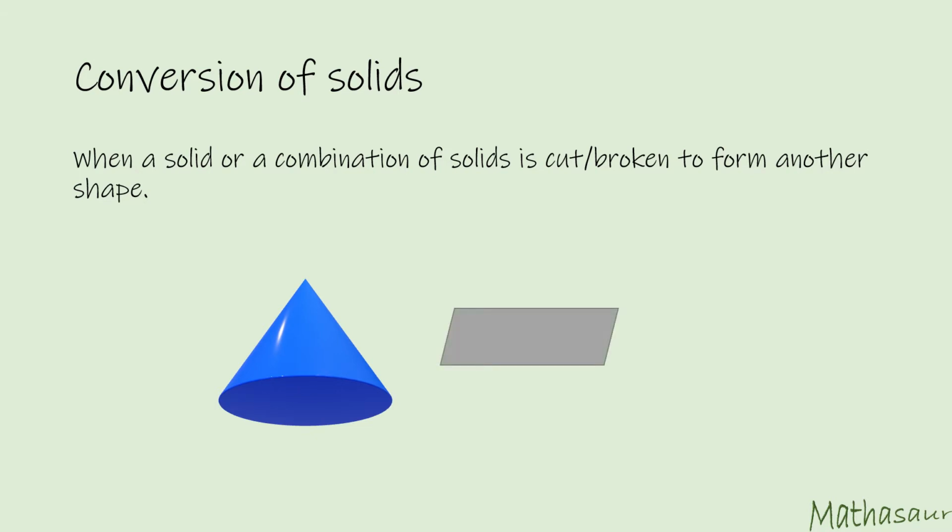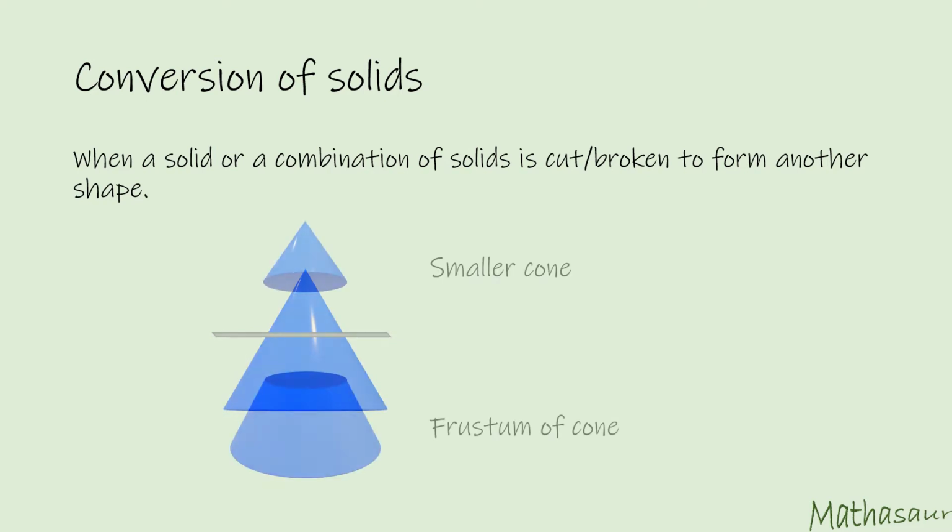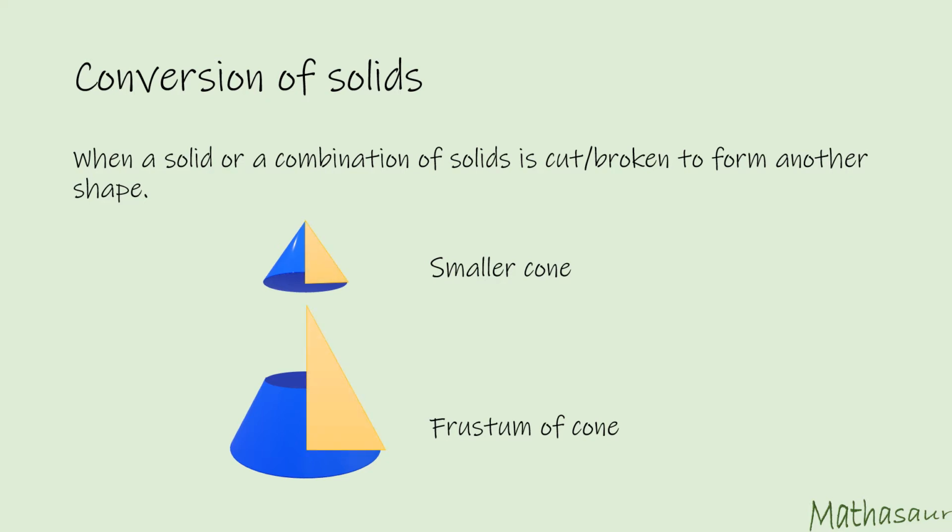If we take a plane and cut the cone parallel to its base with the help of this plane, then we would be breaking the bigger cone into a smaller cone and another shape which is called the frustum of this cone. There is something interesting about the right triangles which are forming these shapes. The right triangle from the bigger cone and the right triangle from the smaller cone, since they have the same vertical angle and both of them have a right angle, these two triangles would be similar.